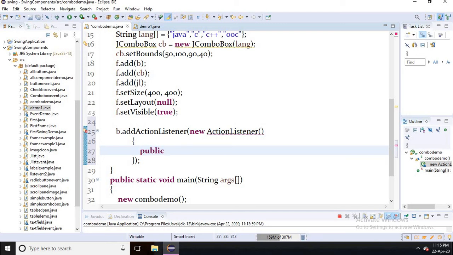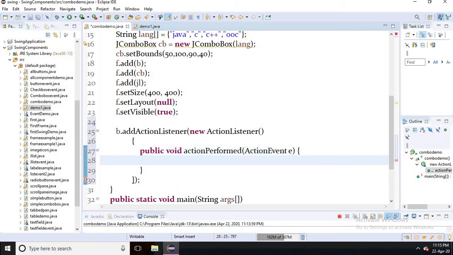I will write the function as public void actionPerformed, and I will be passing the ActionEvent object, and e refers to from where the event is triggered. Inside that I will be mentioning what it is supposed to perform, the operation. Here I will be writing